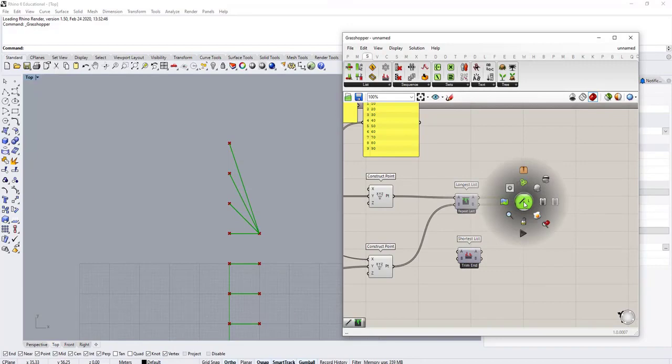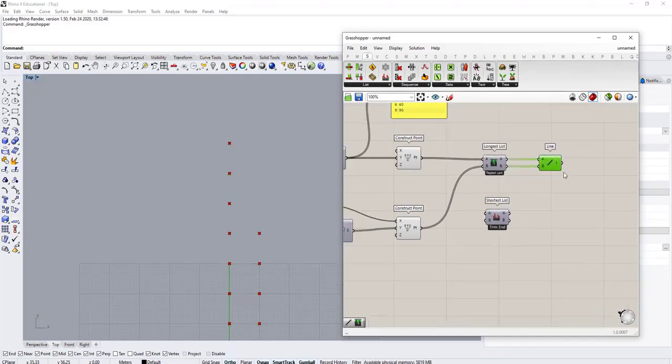You can do it by selecting it, clicking on the mouse wheel and then disable preview. Connect the 2-point lists to the A and B component inputs,